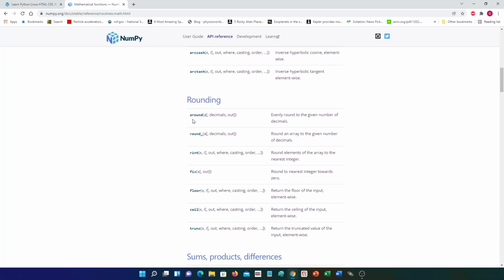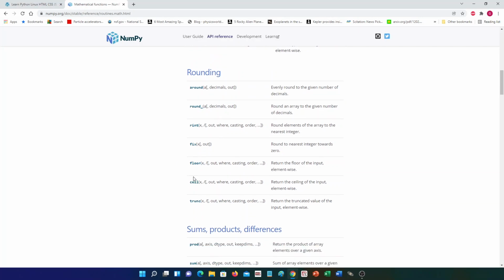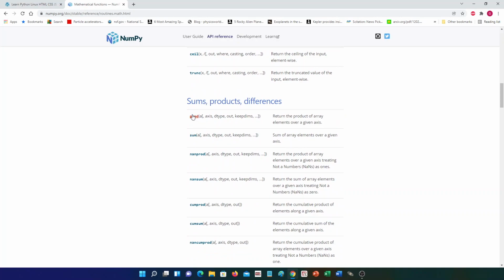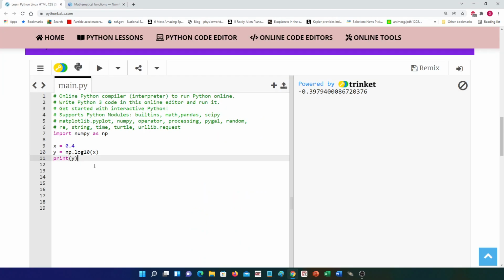You can round to a specific decimal if you don't want to keep all of the strings of your decimals. There's different ways you can round. You can now notice that this says return the product of an array of elements over a given axis. So this is not just taking the product of two numbers. This is going to give you the product of an entire array, or the elements within that array. The sum function is a very useful function. This just basically says, okay, I have an array and I want to add it all up. So, for example,